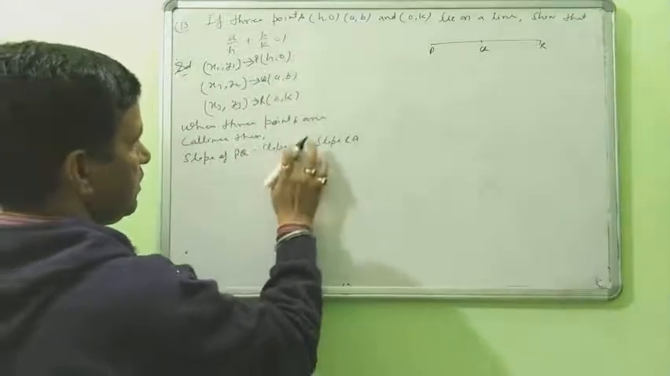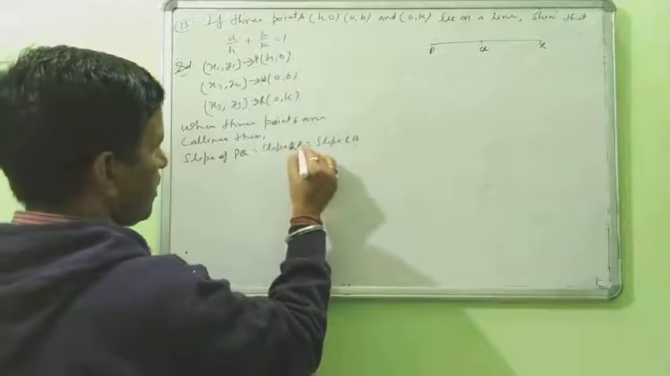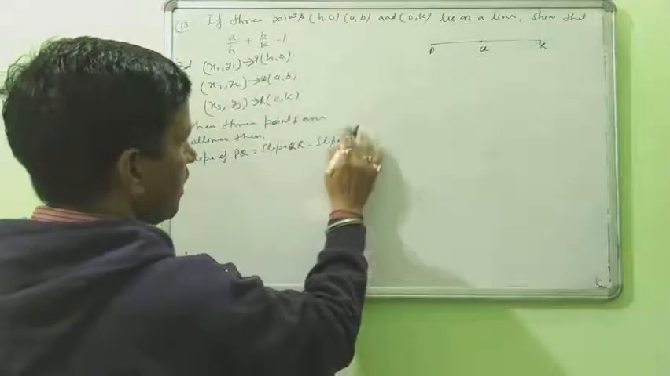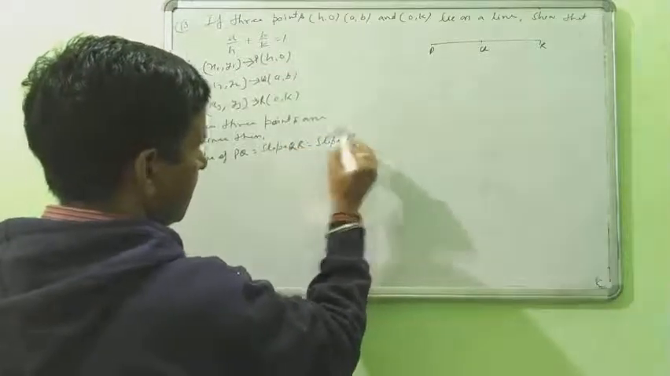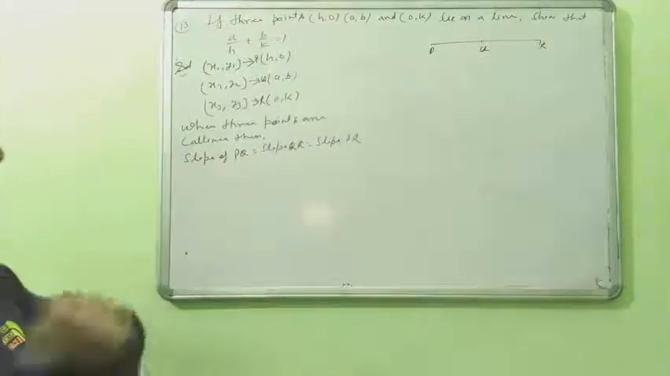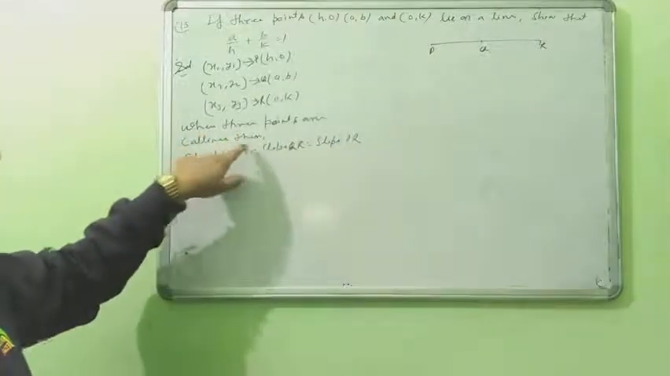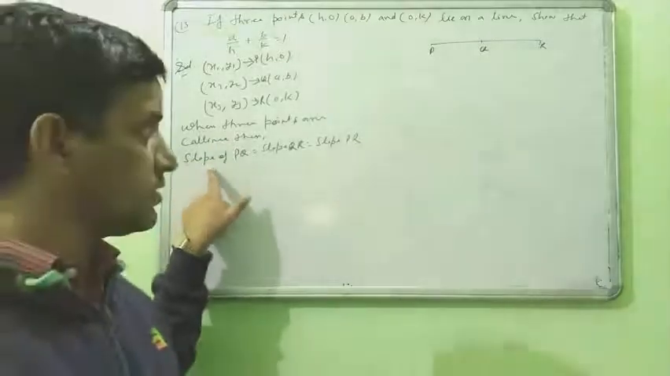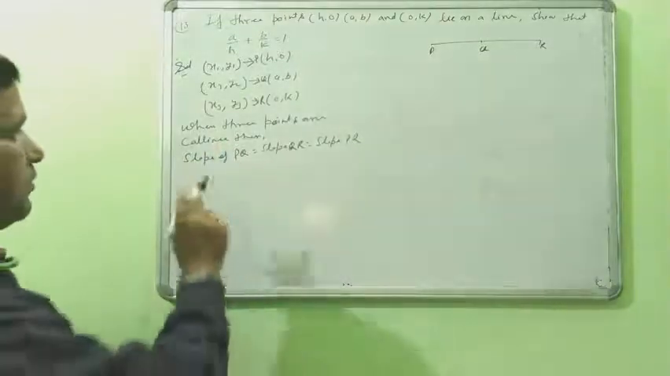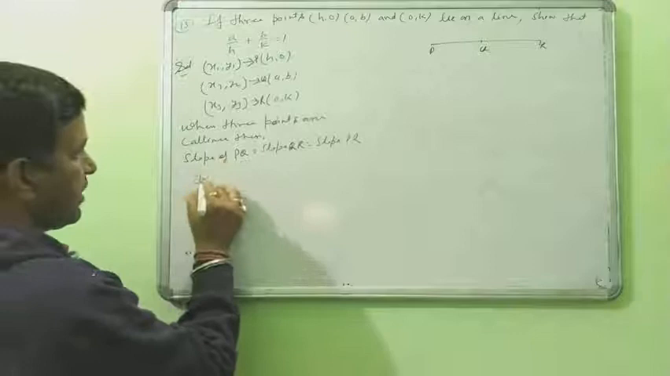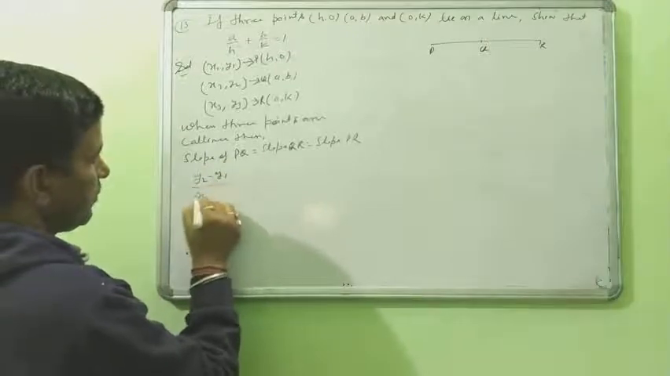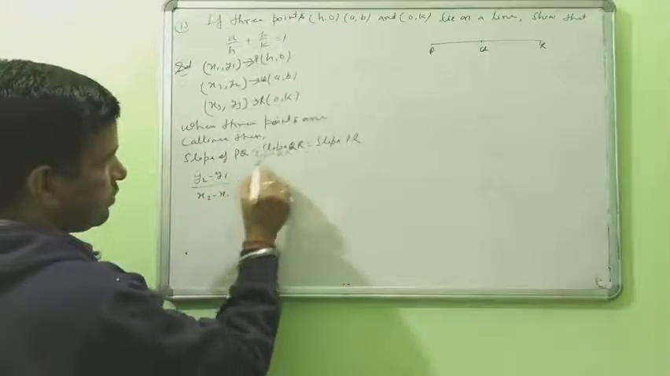PQ, here write QR, or here write PR, according to this way. When three points are collinear, then you can use these tricks. After that, you take the slope of PQ, meaning y2 minus y1 upon x2 minus x1, equal to the slope of QR,